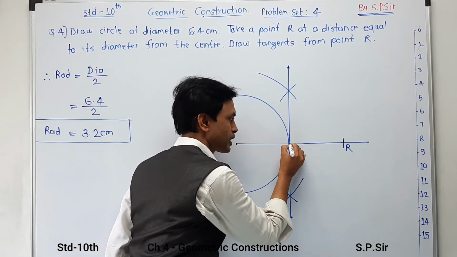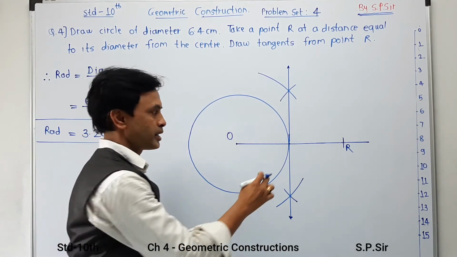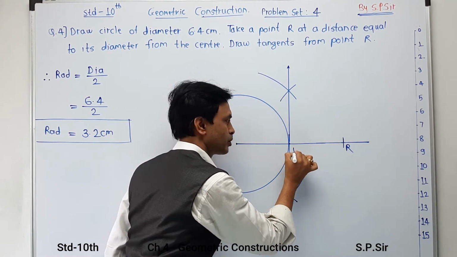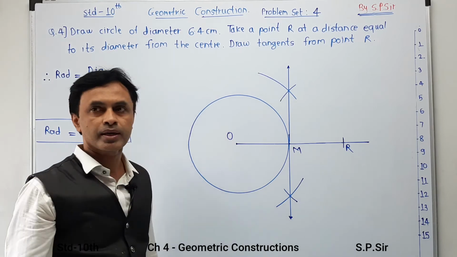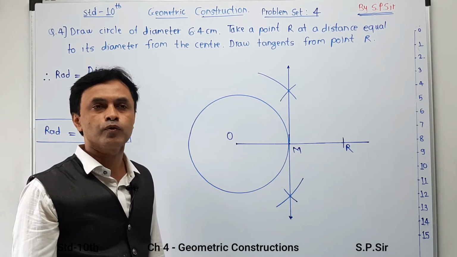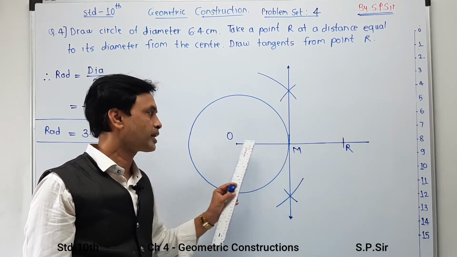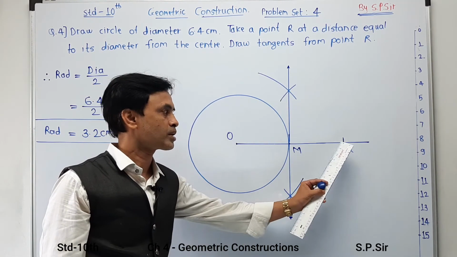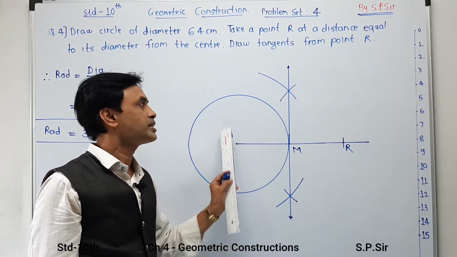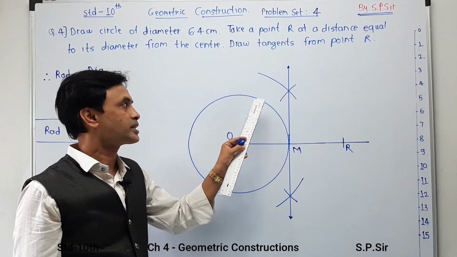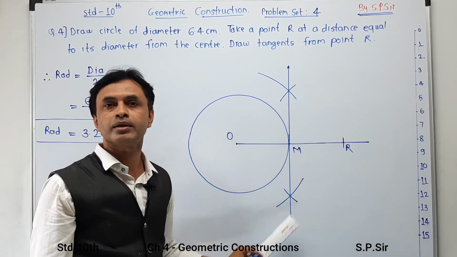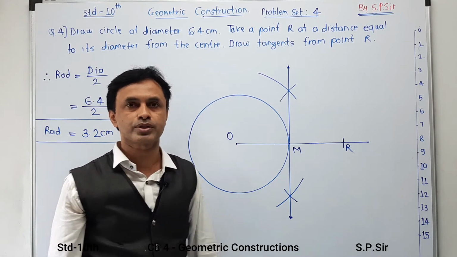Now taking this point as a center, logically this is the midpoint of OR, so nomenclature is not given by them. So I am going to take this point M. Why? In the next step, this point M will act as a center for my circle, and we have to take either radius MO or radius MR. When we draw this circle, it touches your original circle somewhere, and that is the point you are going to draw the tangent from, and that is the process.